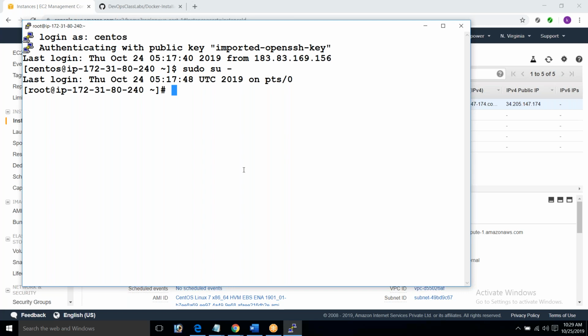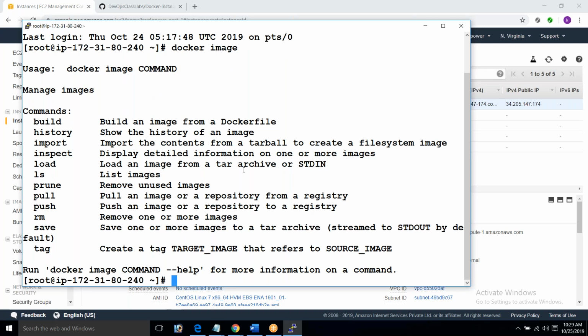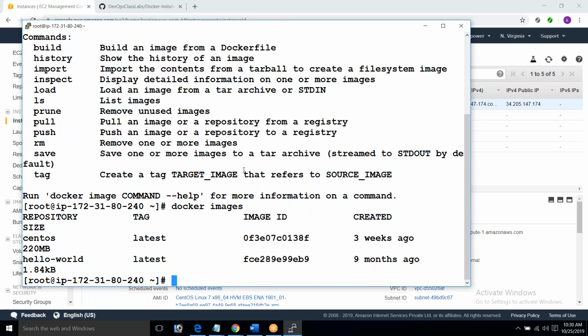Image or images? It should be images. Okay.